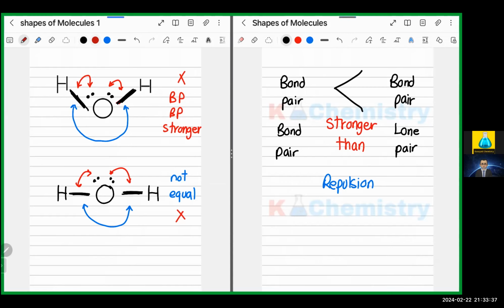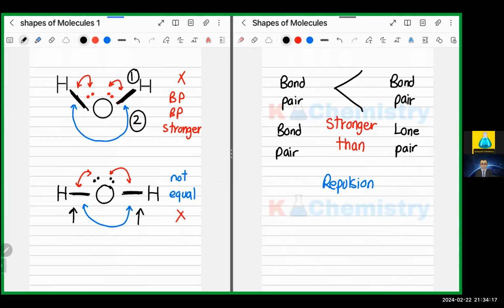So there is a repulsion here. The first repulsion is between the lone pair of electrons, which I'm going to do in red now, and the other lone pair, and the black bond pair. And there is also repulsion between the black ones, the black straight lines, which are the bond pair. So let's call the first repulsion number 1 and the second repulsion number 2. We said that the first repulsion between the lone pair and bond pair is stronger. So they are going to push the electrons of the bond pair down. And there is also repulsion between the bond pairs, which are going to push the electrons of the bond pair